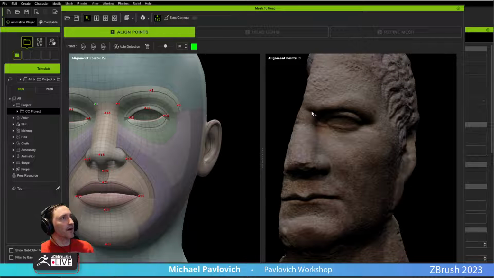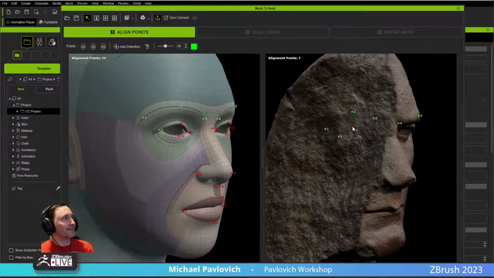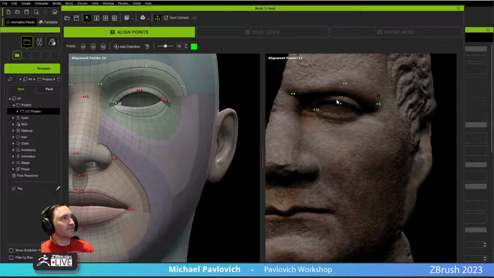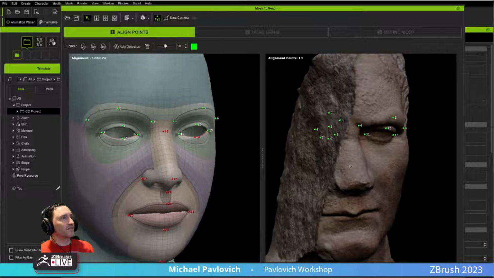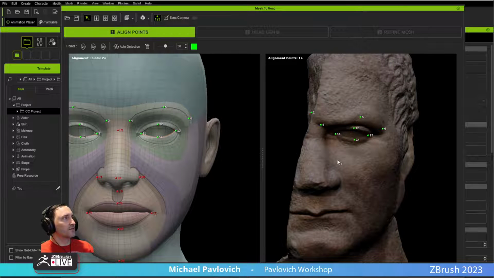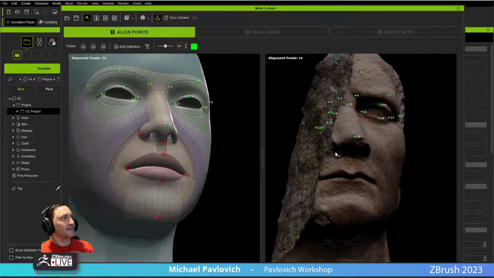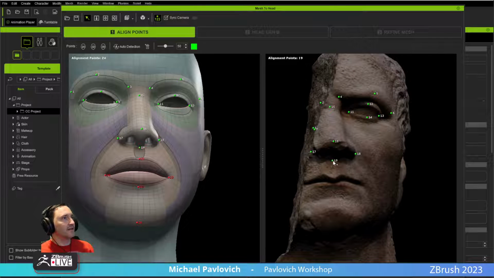So brow, 4, 5, 6. Back over here, eyeball, 7, 8, 9, 10, 11, 12, 13. Where's 14 at? Oh, skip 14. And then 15 right down the middle. 16, 17, 18, 19,